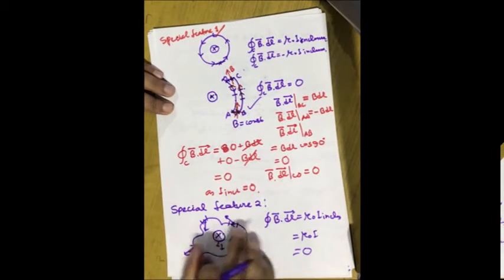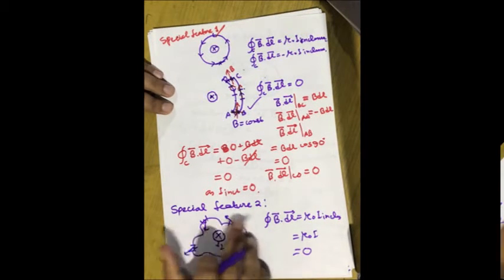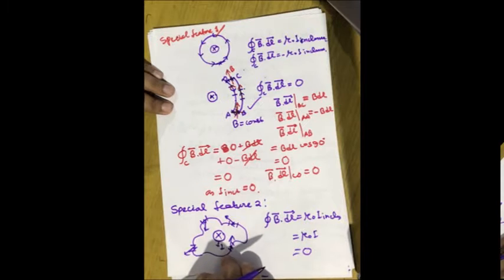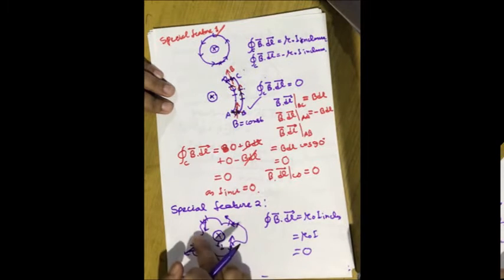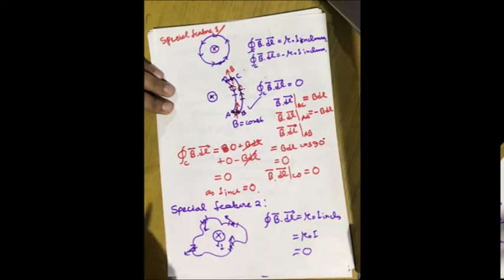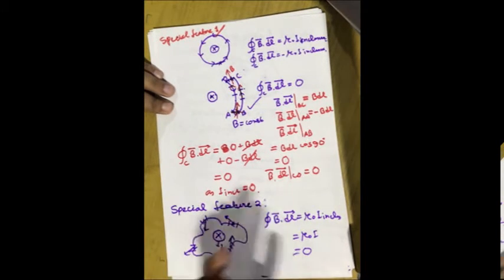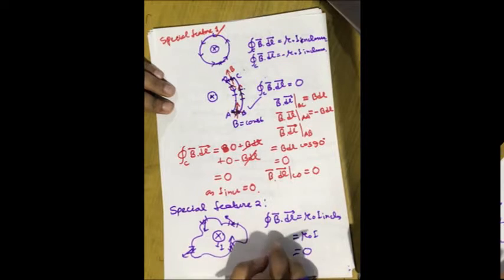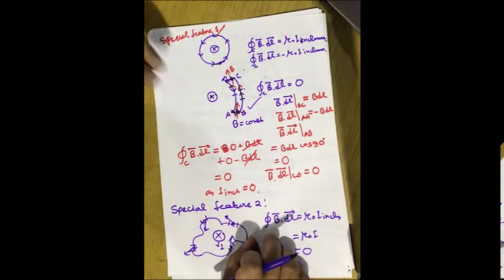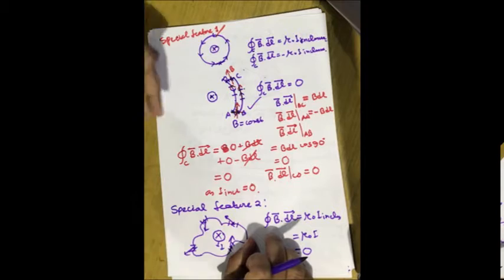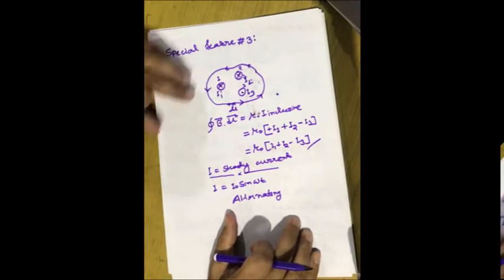Okay, now the next property of Ampere circuital law is that the chosen path can be any shape. It doesn't matter whether the shape is circular, rectangular, doesn't matter. For any shape of path which you have chosen, Ampere circuital law is always valid. So you can choose any path up to your taste, and you can always apply the Ampere circuital law.